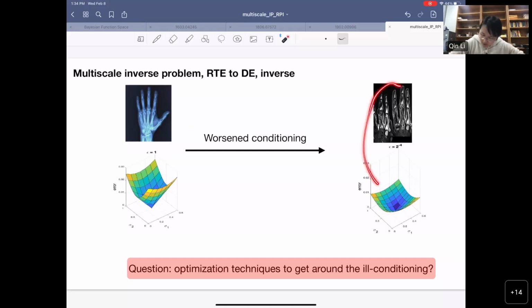However, the diffusion equation is much easier to compute than the radiative transfer equation. For the radiative transfer equation, the computation is conducted on 5D. For the diffusion equation, the computation is conducted on 3D. So you sort of decrease the computational cost by quite a bit. With a worsening conditioning, but better efficiency in the PDE solve, how do you balance these pros and cons to design an algorithm that leverages both advantages? That's probably a question for the optimization audience here.